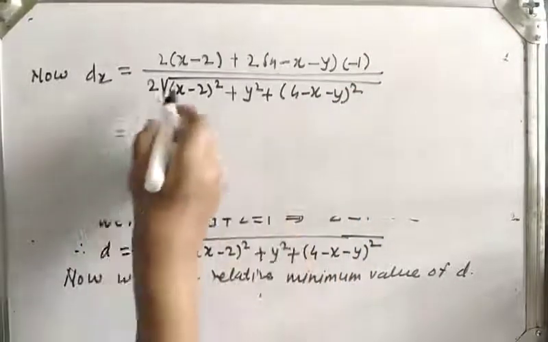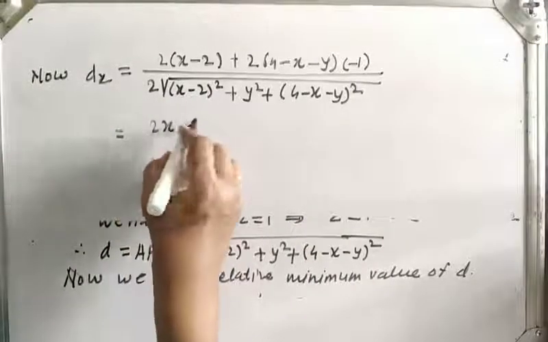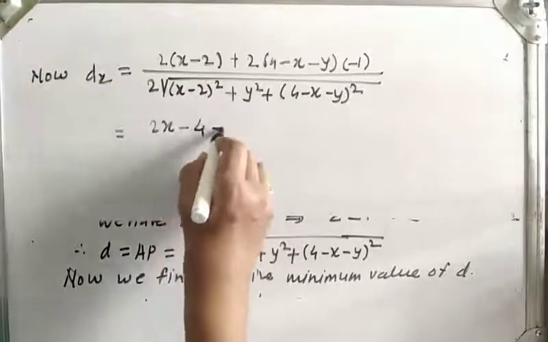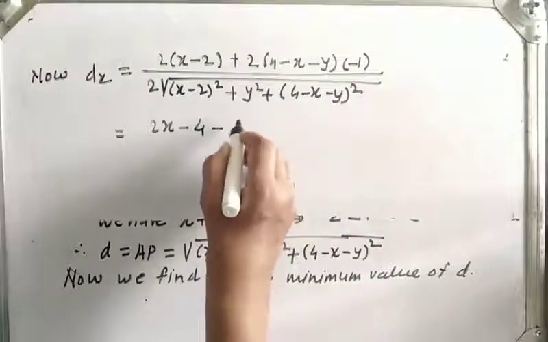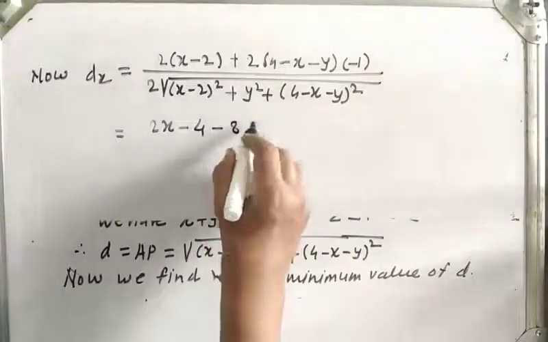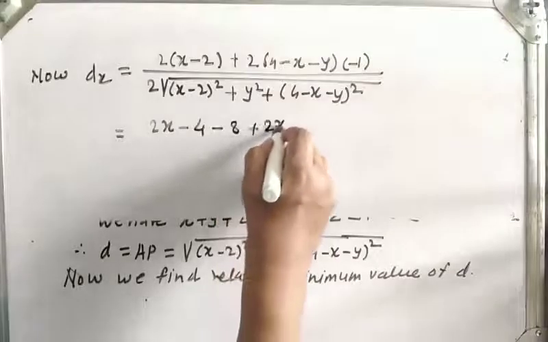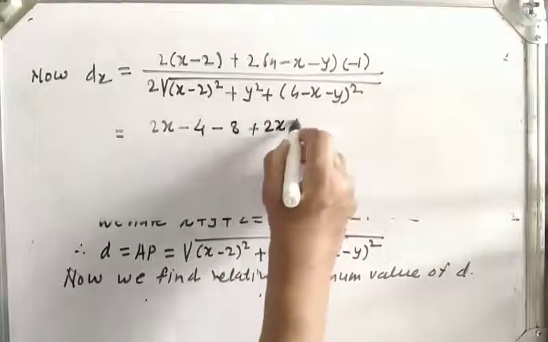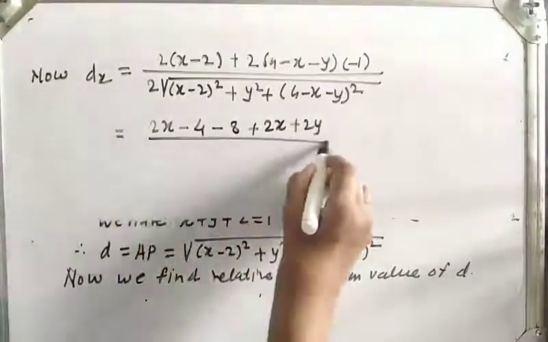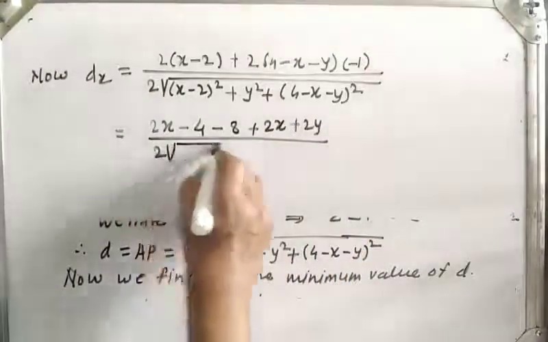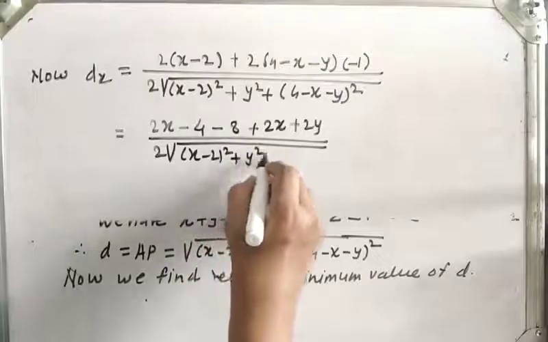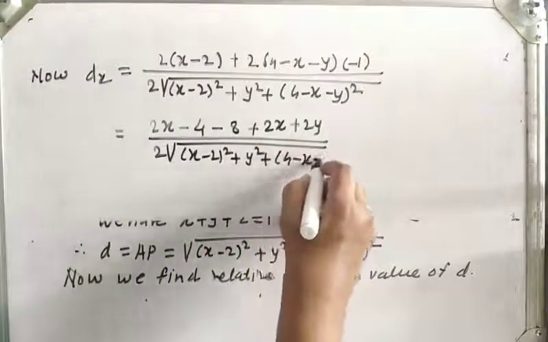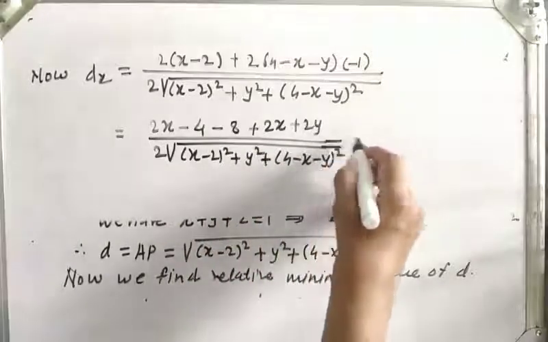So it will be what? 2x minus 4, multiplied by minus 2 to this bracket. So that will be minus 8 plus 2x plus 2y upon 2, keep this square root as it is, (x minus 2) bracket square plus y square plus (4 minus x minus y) bracket square,